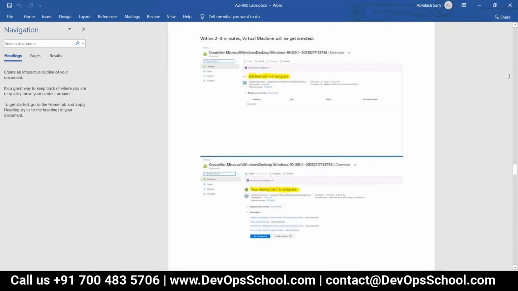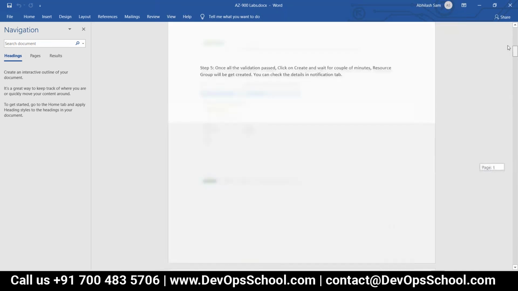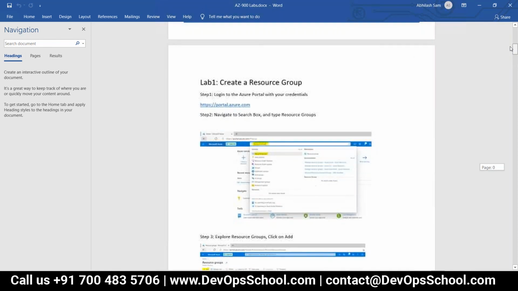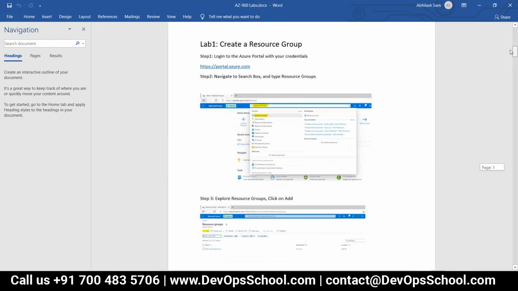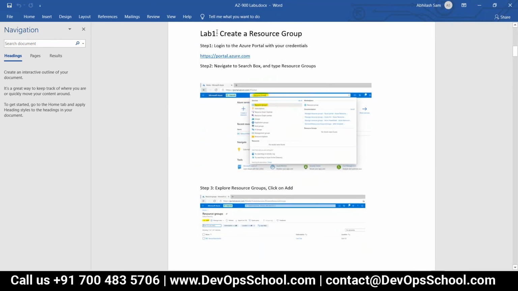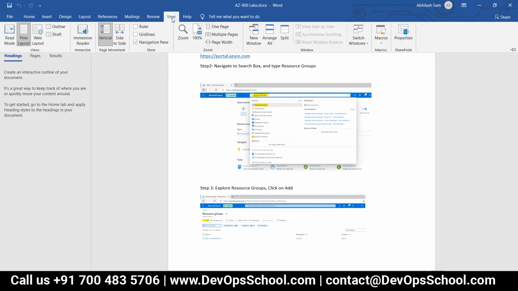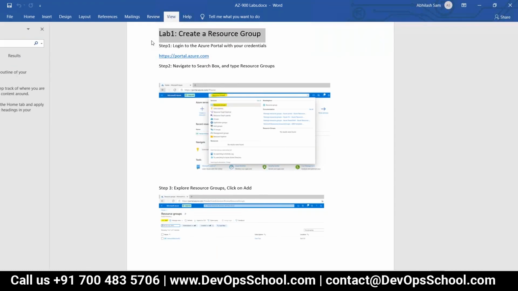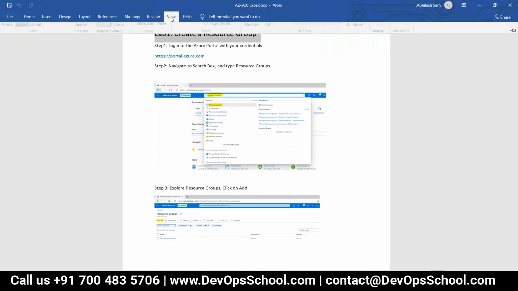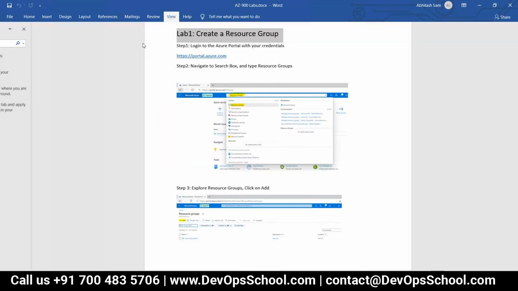Select lab 1, create a resource group, the entire heading. Go to view, navigation.